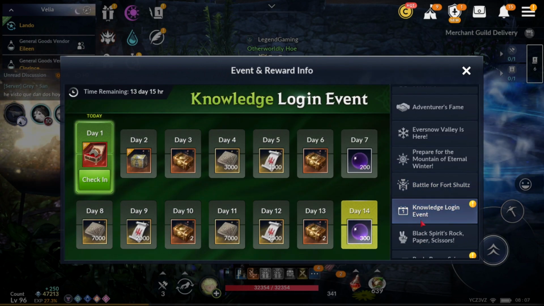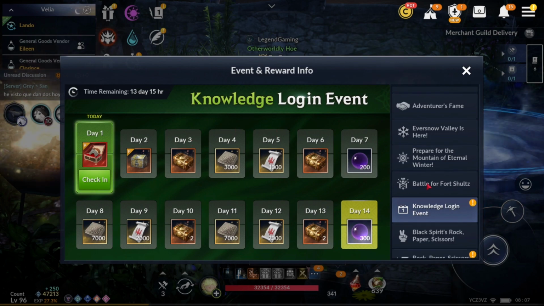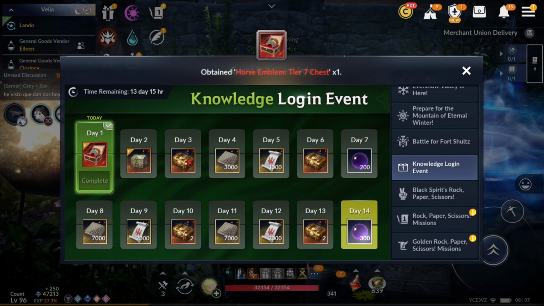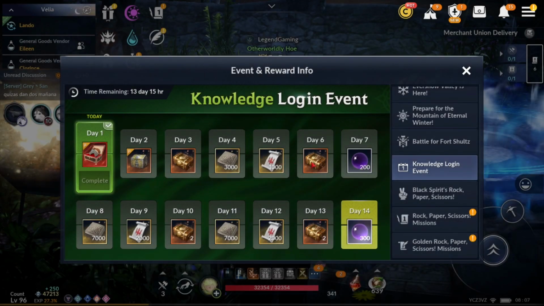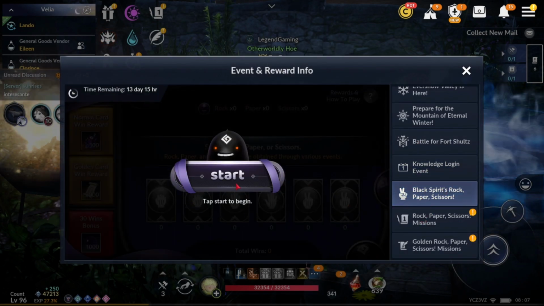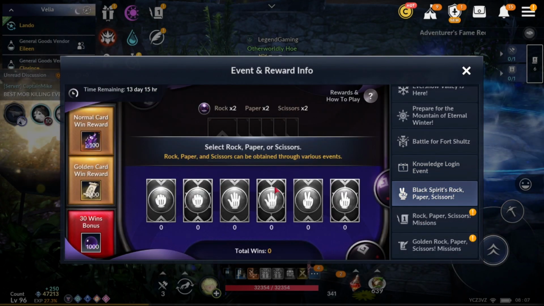So that's always nice. And then this one's just a login event. So every day you log in, you'll just have to check in and then claim your reward. So it looks like you can also get some raid chests and some black pearls. So that's really nice. The next one, you're gonna have to click start to begin it. So this is gonna be rock paper scissors, but